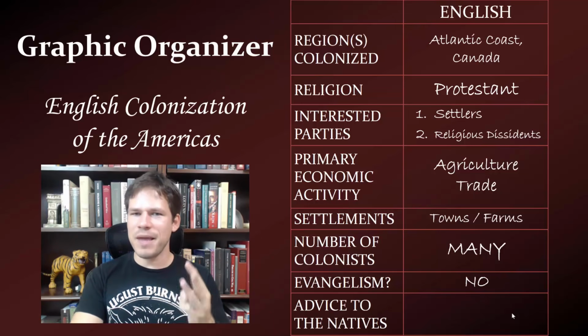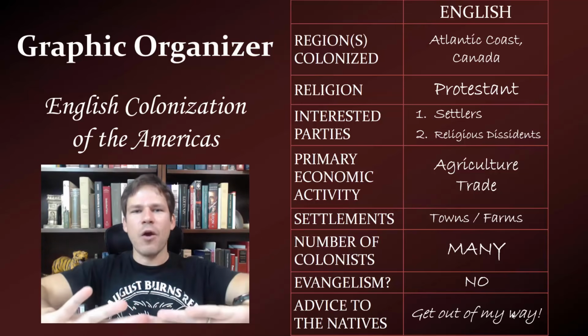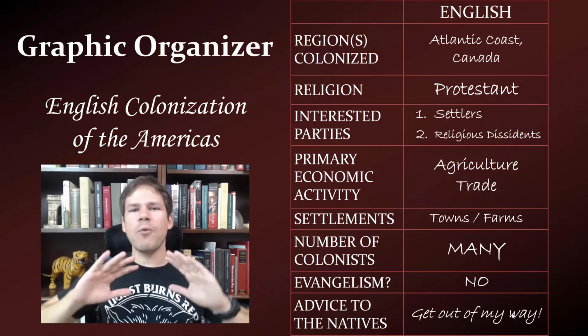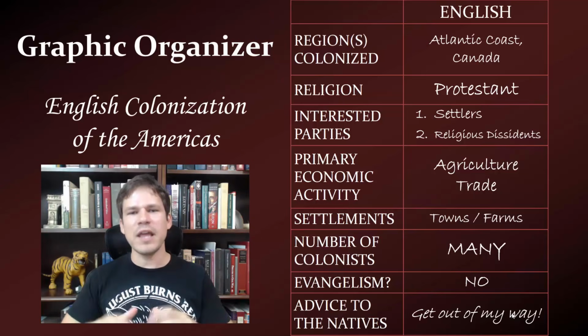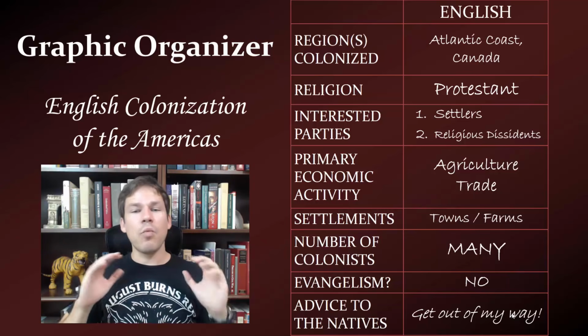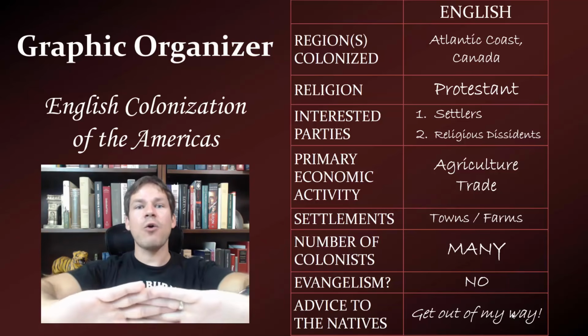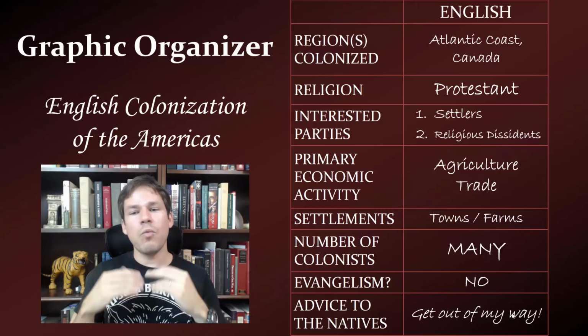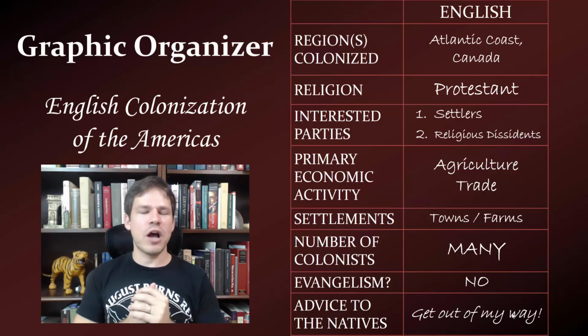When it comes to the Indians, when we think about General Patton, lead me, follow me, get out of my way, the English want the Indians out of their way. They are coming with large groups of settlers, they are starting towns and cities, they are farming, which requires land, and what they want more than anything is that the Indians will get out of the way. And with that, you can kind of see the whole dynamic of English colonization.